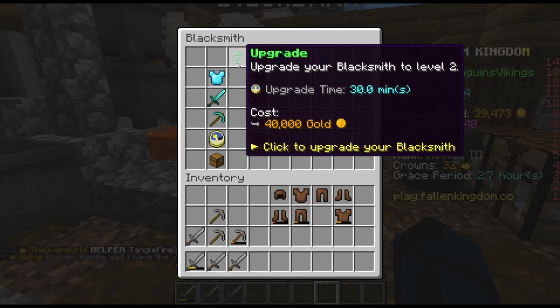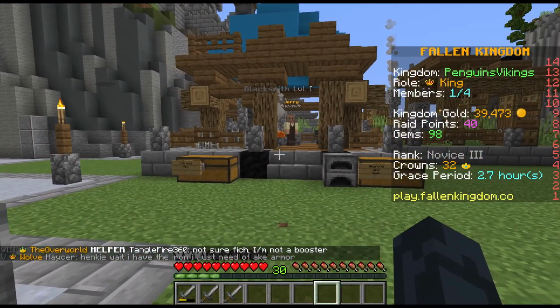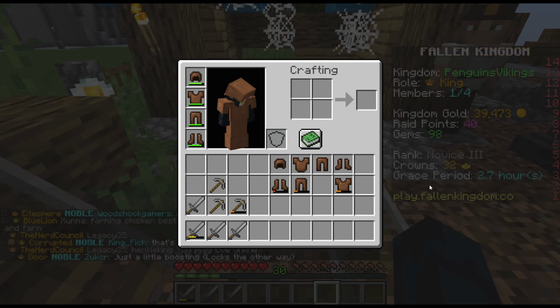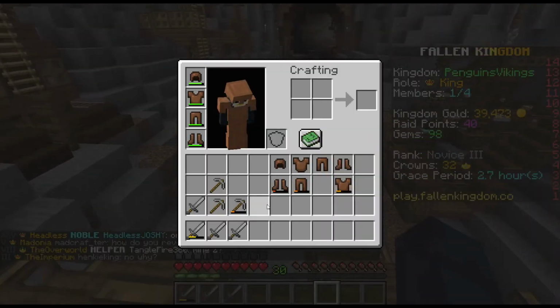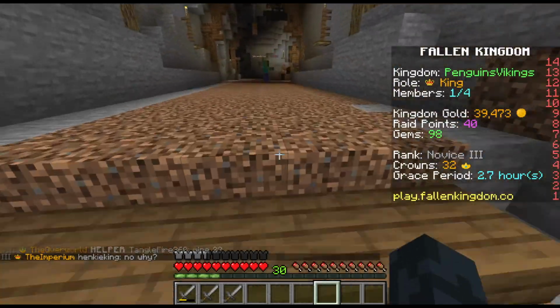However, I just want to upgrade this, so I'll show you how to get resources to actually use the Blacksmith. Okay, here we go. And you also may notice I have a grace period right there. So that is from people attacking me. Depending on how well they do when they attack me, I get more and more of a grace period, and then every time I attack, I lose half an hour from that grace period. So yeah, that grace period is going to run out at some point, but before then, I can actually,